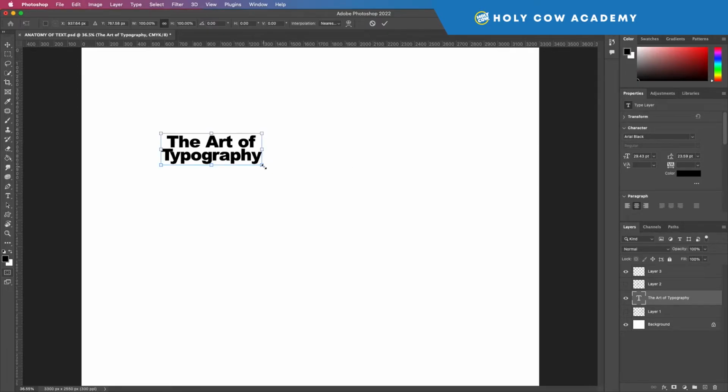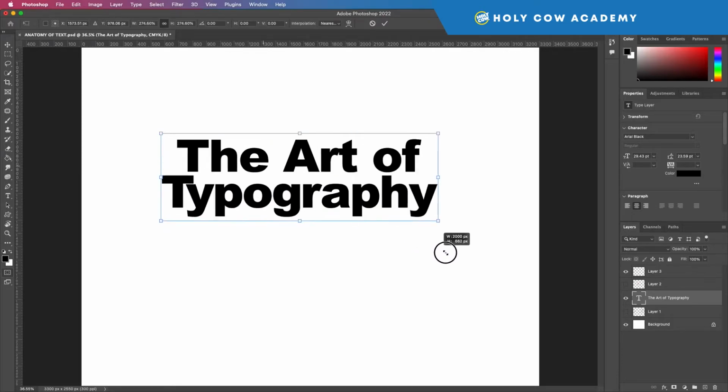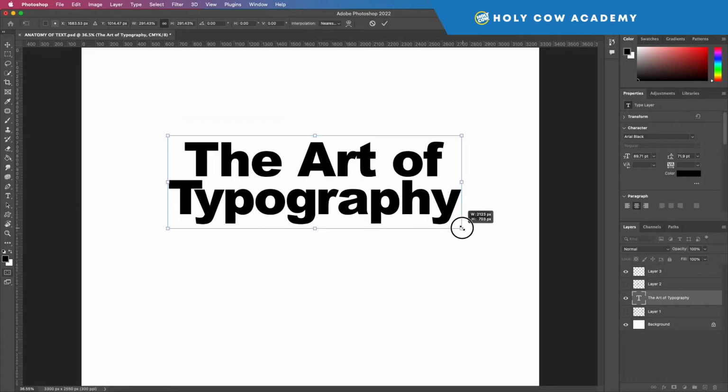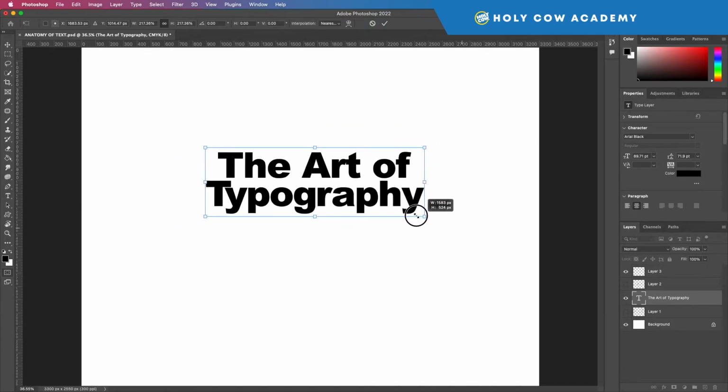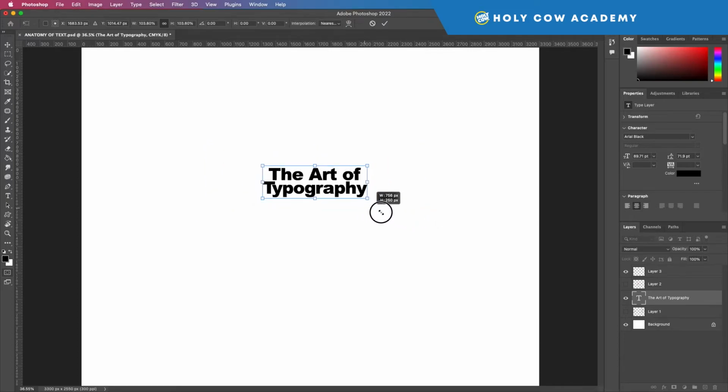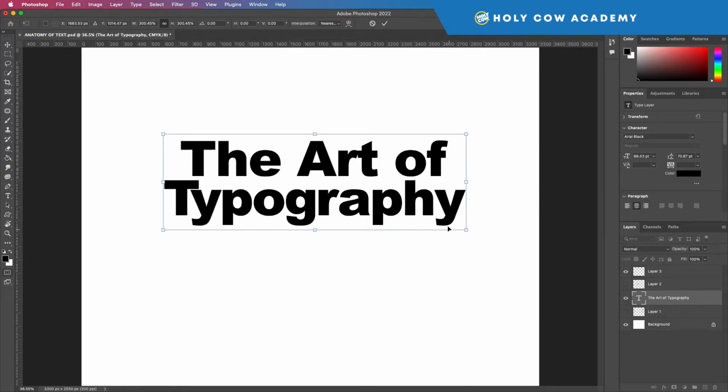Another thing I want to show you is that if you wanted to scale this, but you wanted it to stay in the middle, what you can do is hold down either your Option key for a Mac or your Alt button for a PC. If you hold that button down, you can scale it from the center. Another thing is that